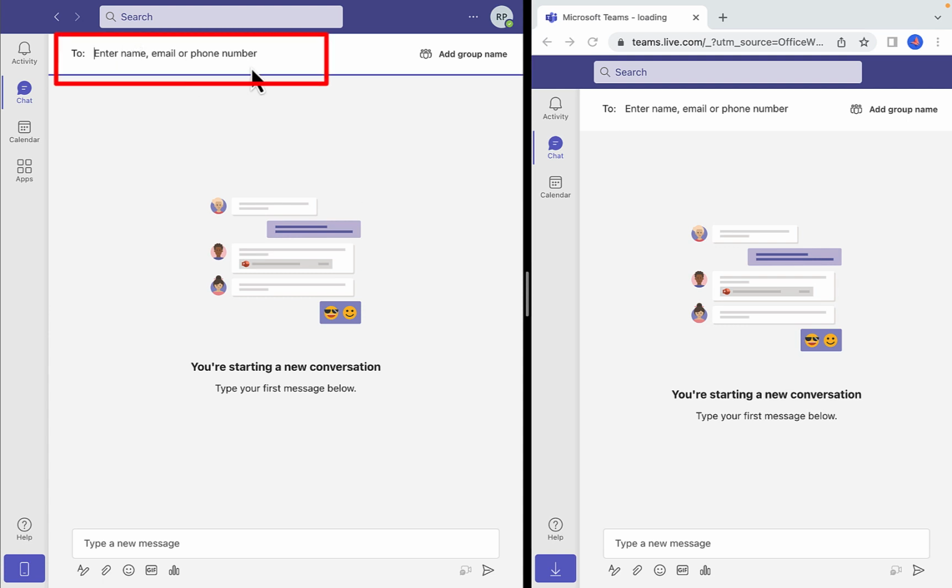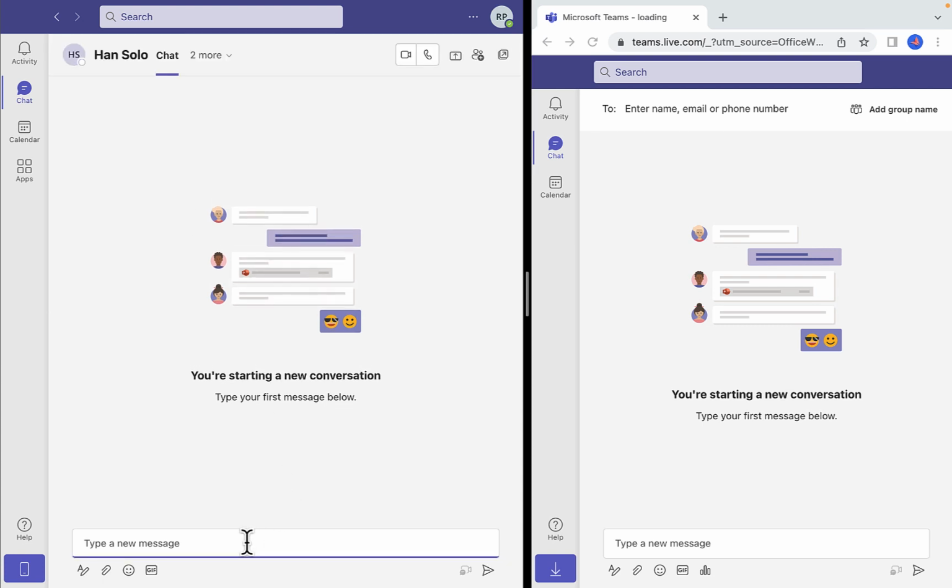Up in the corner here, this is where you are going to enter the name, email, or the phone number of the person that you want to talk to. Now, in your organization, you may find that this automatically comes up with the people in your organization as you type. In my case, they don't, so I'm going to type in the person I want to speak to, and this is his email address. There is the email address of the person, and then you can see it comes up. So I'm going to message this person, and I'm going to send a message to